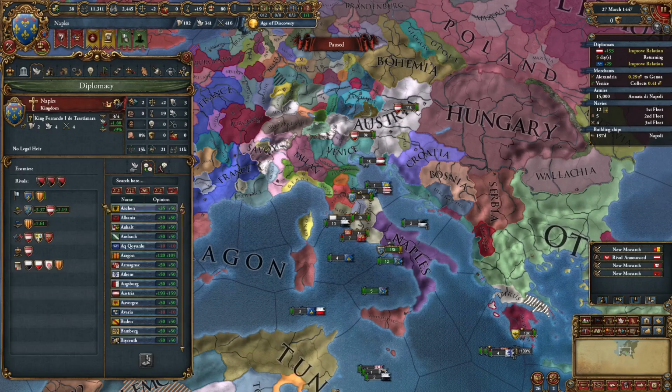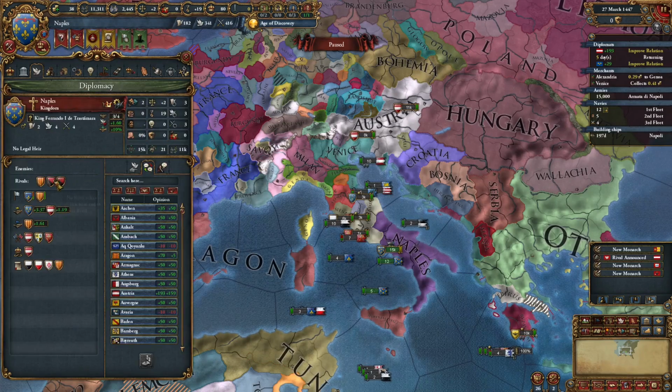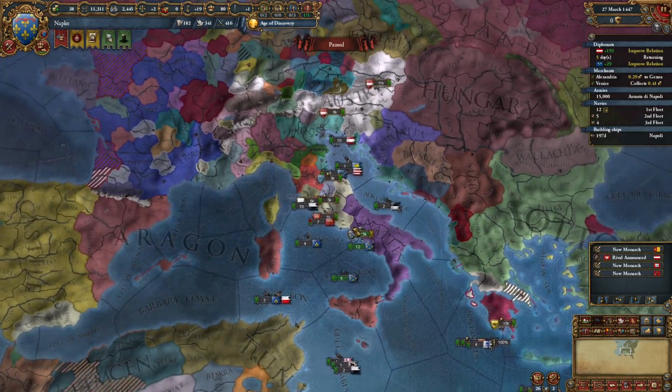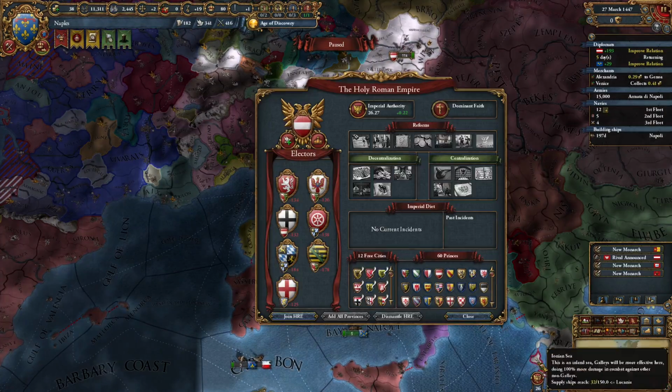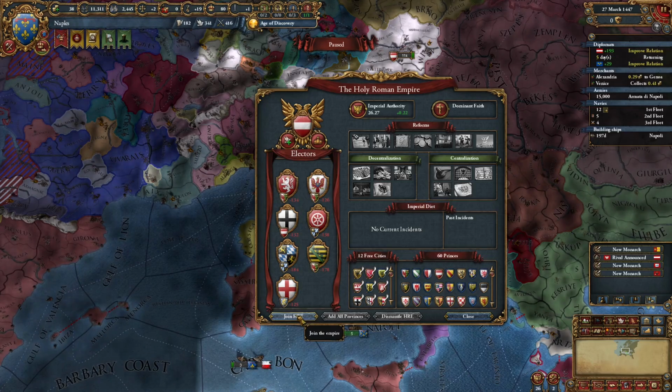For your starting rivals as Naples, see who is available. Go ahead and make sure you rival Aragon, Tunis, and whoever else is here. Do not rival the Pope, as you want to remain friendly with the Pope throughout most of your game, especially if you're remaining Catholic. After improving relations with Austria up to the threshold that is needed, go ahead and join